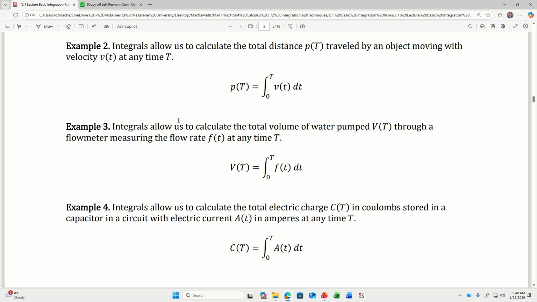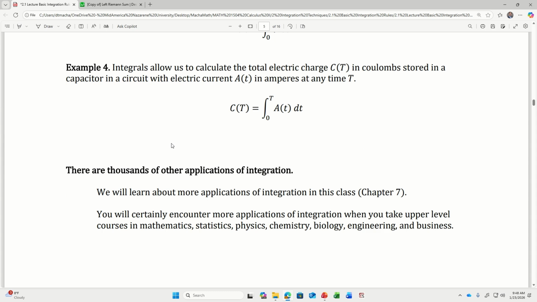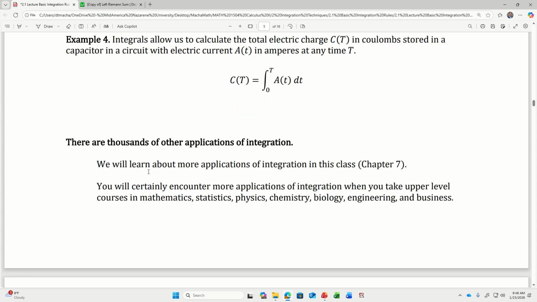If you know a function describing an electric current at any given time, then an integral of that function could tell you the total electric charge that's been accumulated. And this is just four examples, but honestly, there are thousands of other applications, right? We're going to talk about a lot of applications in this class,